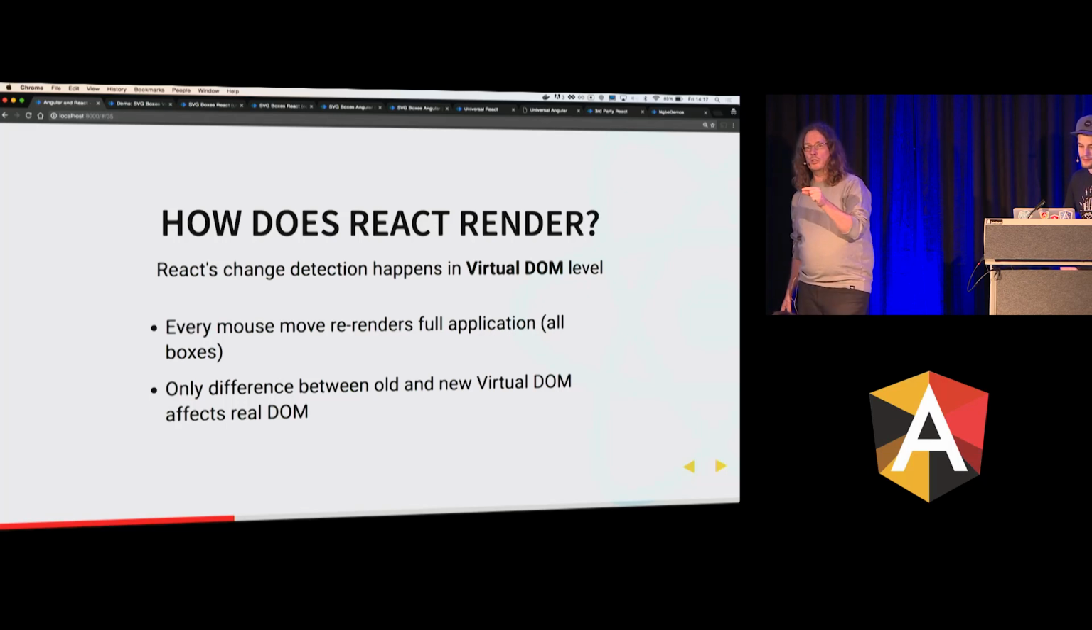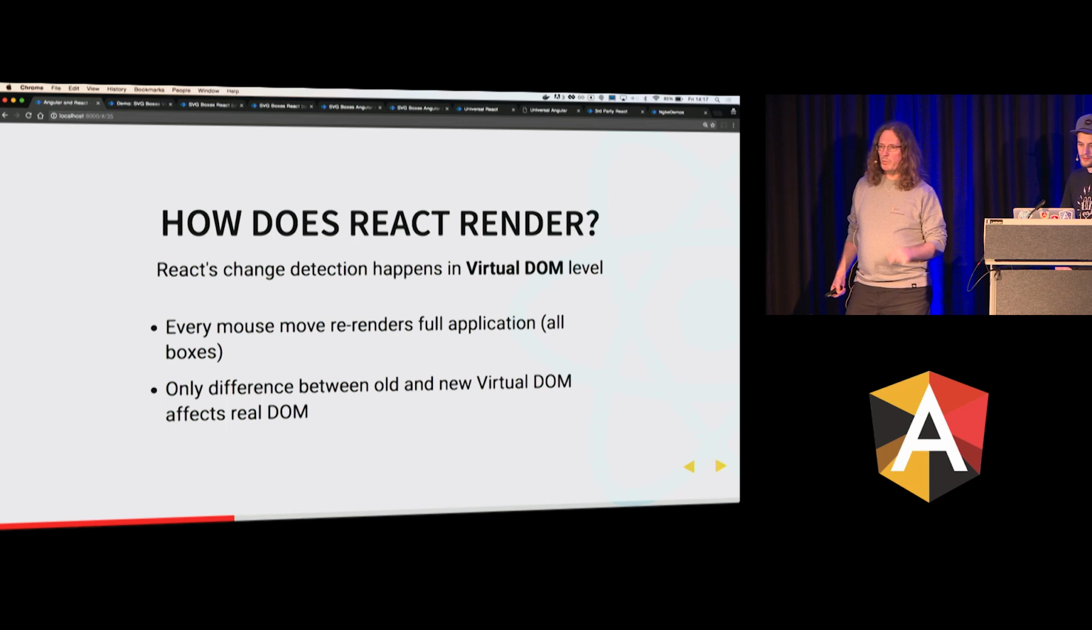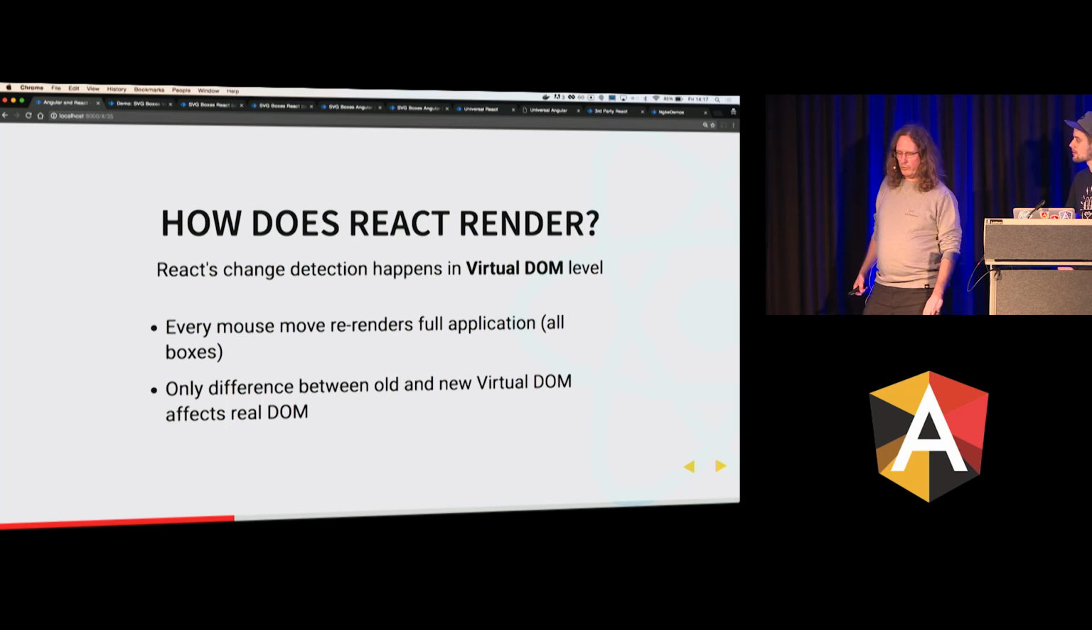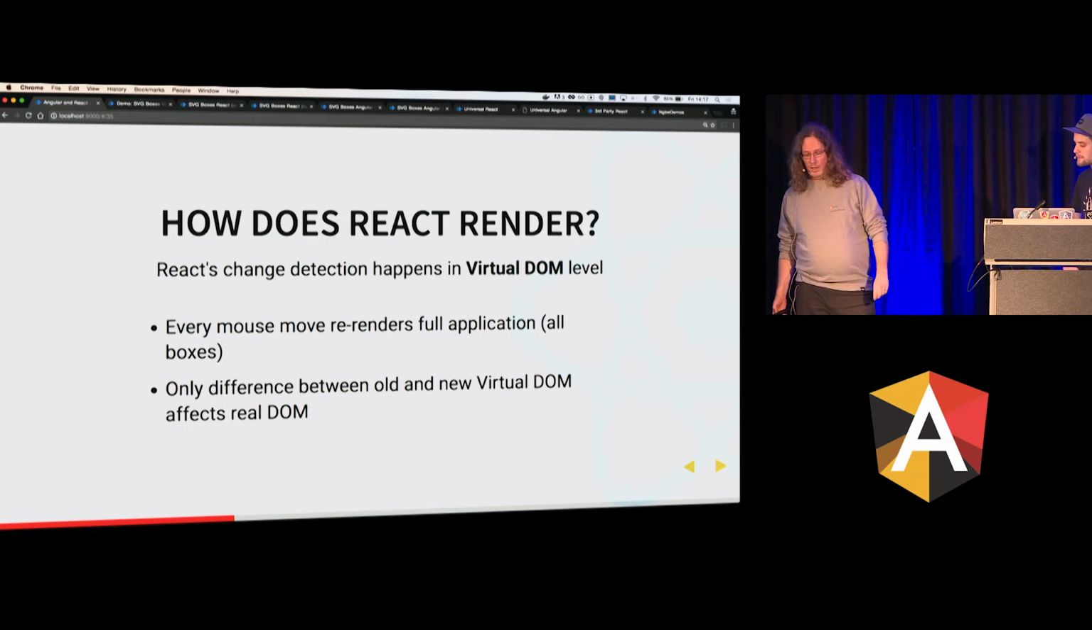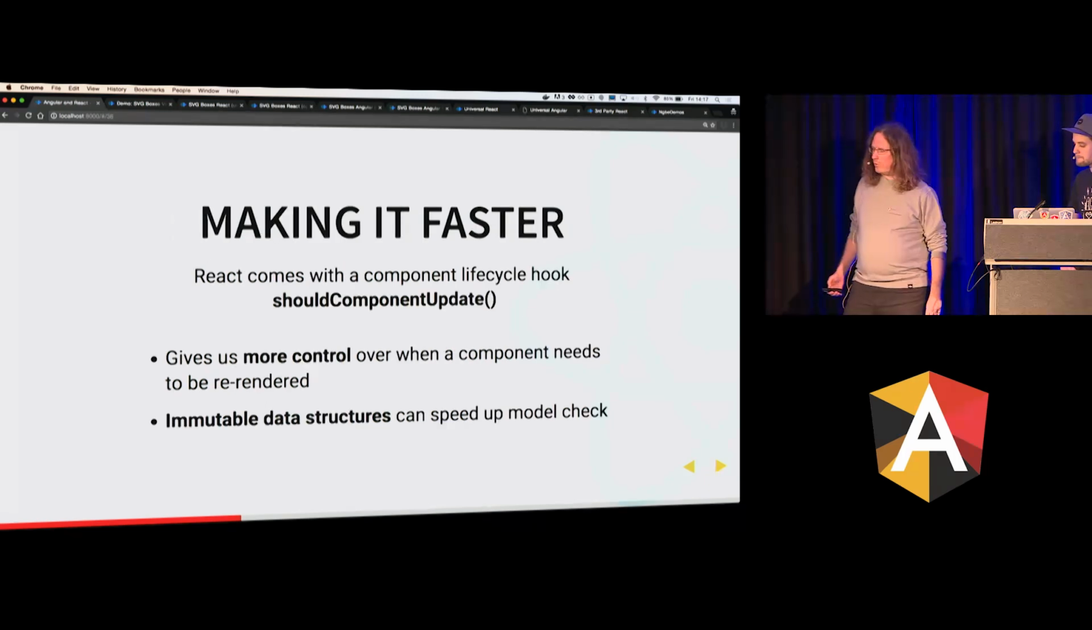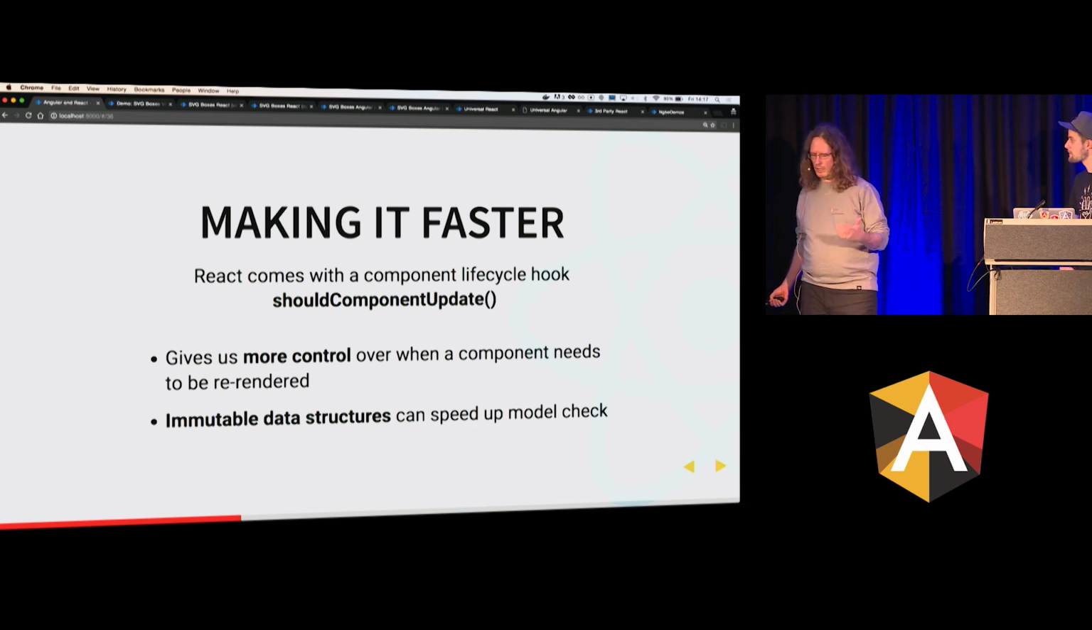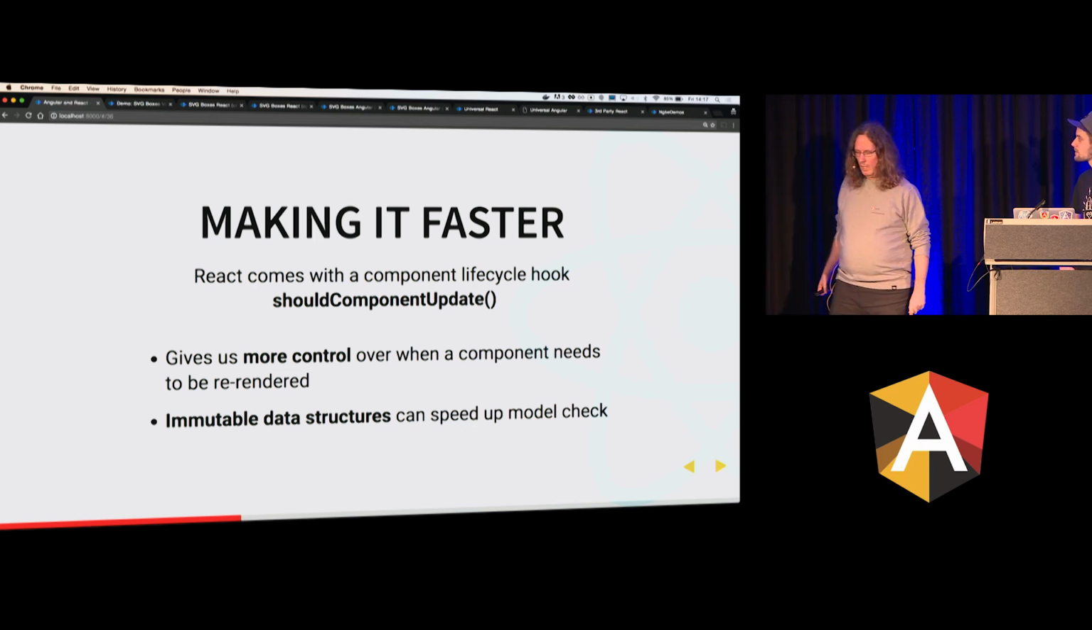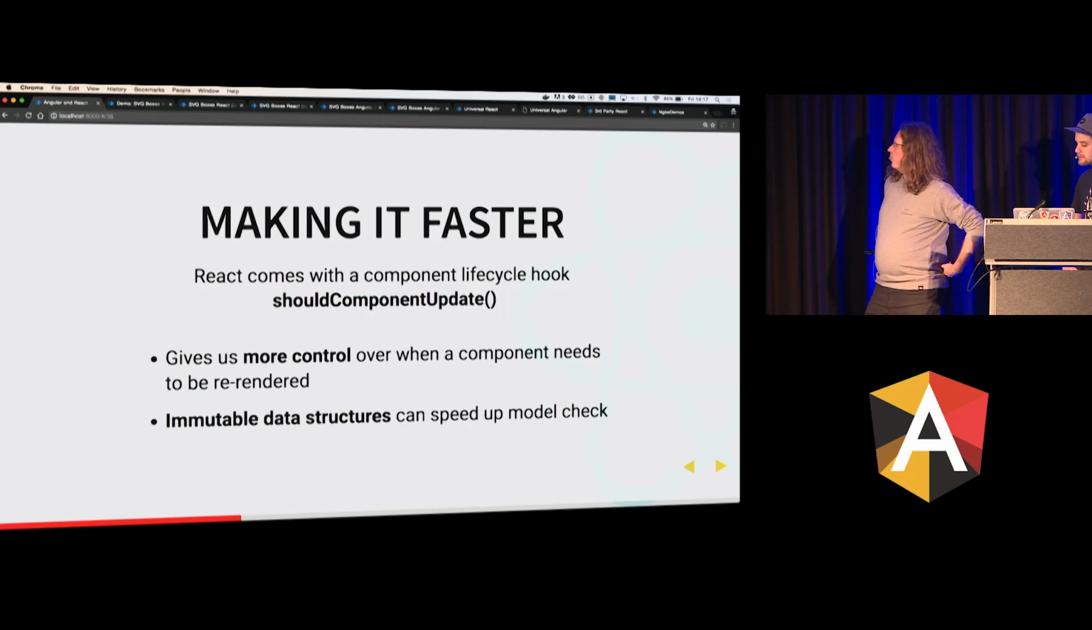So DOM updates are very small, not many, but with each mouse move event, it has to fully recompute the virtual DOM, and it's quite big. So that makes it slow. But there's something you can do about it, and there's a lifecycle hook. Same thing in React as in Angular, lifecycle hooks, and that lifecycle hook is shouldComponentUpdate,